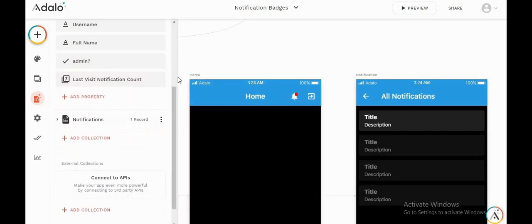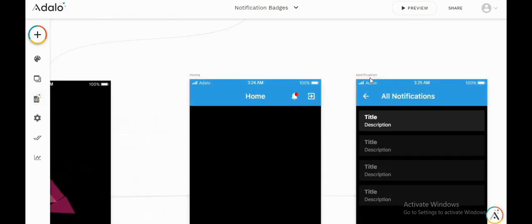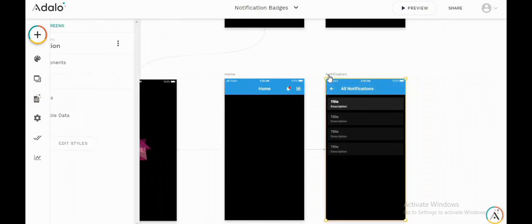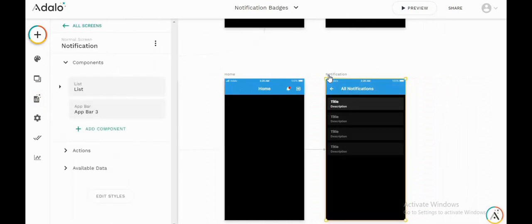Okay, so after this we'll go to the notification screen. We'll select the screen, okay, and add a screen action. So whenever the user goes to the notification screen, this action will happen.